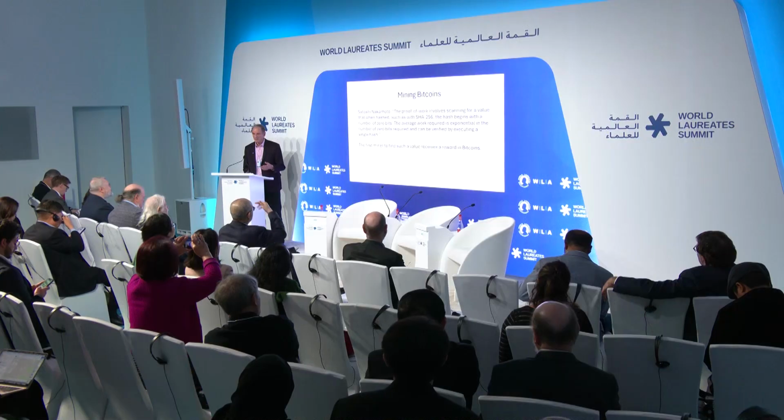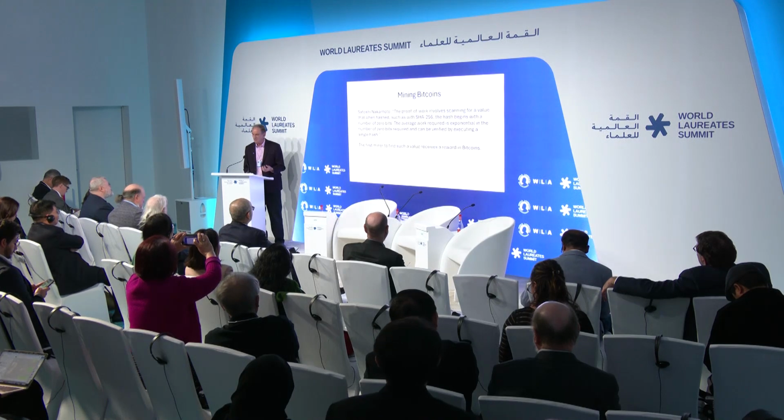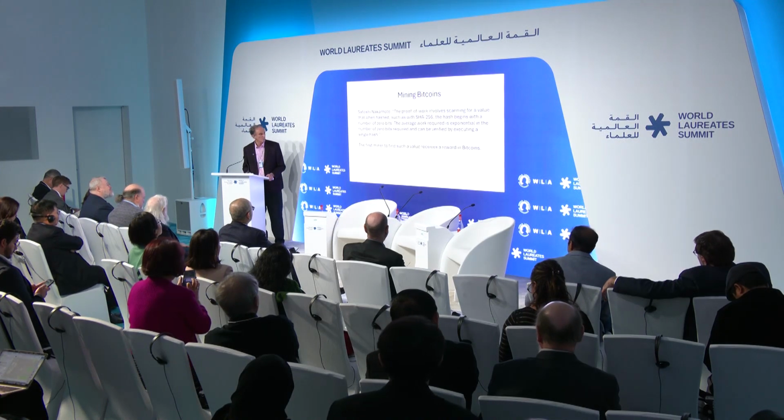One of the big problems with Bitcoin is that it takes a lot of power to do the mining. And some people think this was a mistake of Satoshi Nakamoto to require proof of work, because now we're using the power that goes into a small city, I think, to do Bitcoin mining.